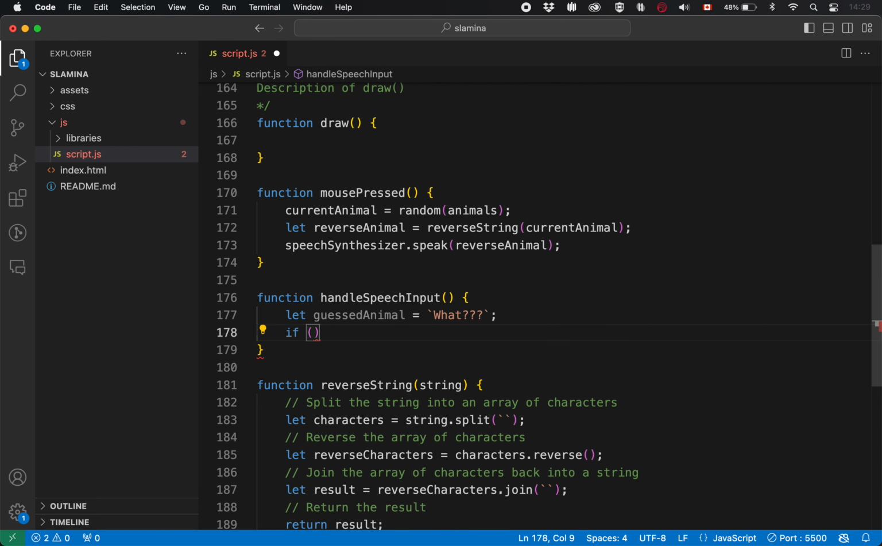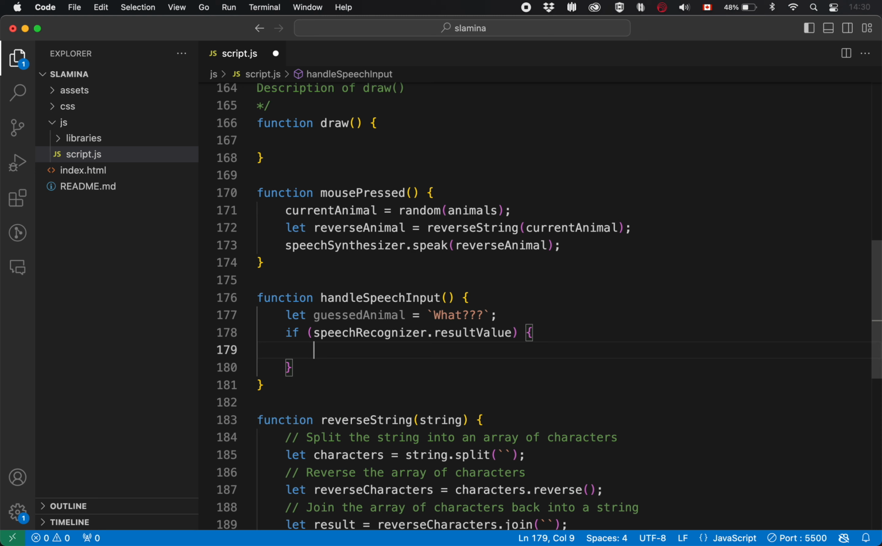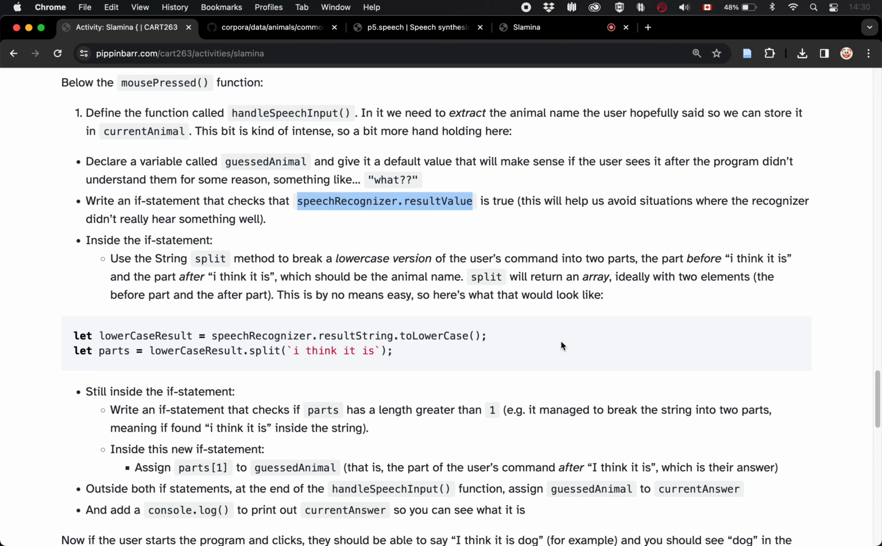So if speech recognizer dot result value is true, oh good God. One equal sign is incredibly bad. I'm not going to do the equals, I'll just say result value. So that means it got a result. Then we can more confidently be like, okay, well, we're going to be dealing with some speech inside the result string. So inside that if statement, where once we sort of kind of know what we're talking about, we're going to use split,